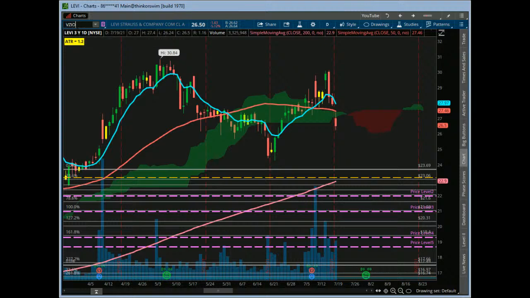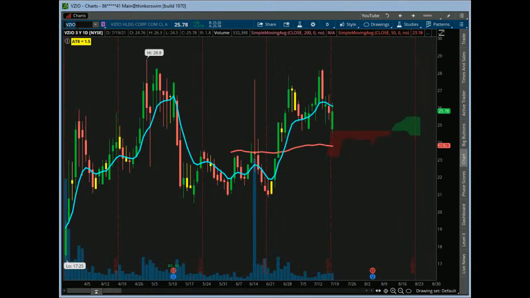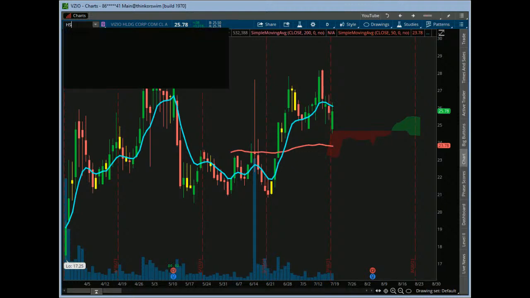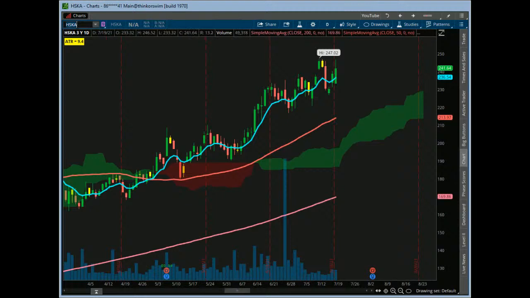The Nest, what's going on? Good to see you. Let's take a look at Vizio. So Vizio, again, good dip buy here today off the cloud. Left a bit of an upper shadow off the ADMA, so let's see if it can get above today's highs. HSKA, let's take a look. HSKA with a push over the ADMA, bit of an upper shadow off the recent highs, so a little bit of caution there,